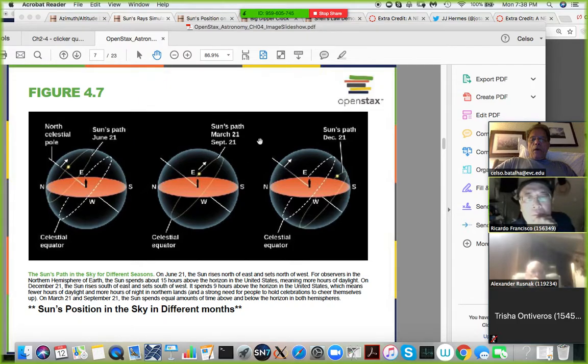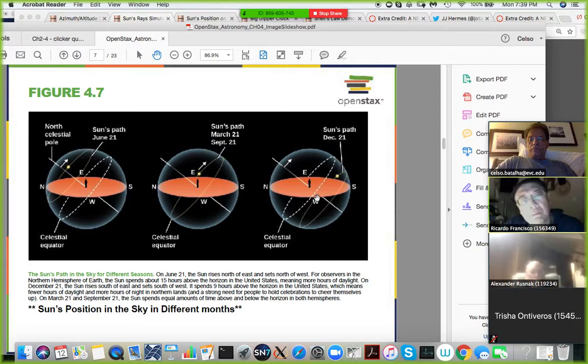And then when it goes to the equinox, the sun appears to be along the celestial equator. In fact, the equinox defines the position where the sun is crossing the celestial equator. And then in the winter time, on December 21st, the sun is at a lower